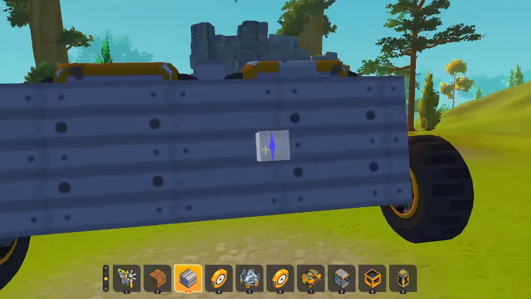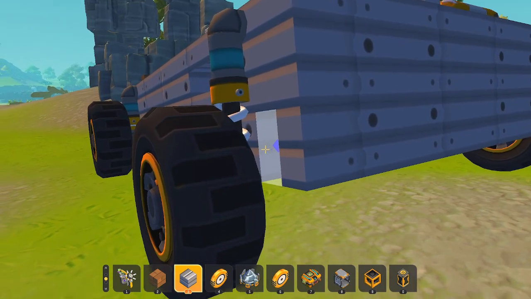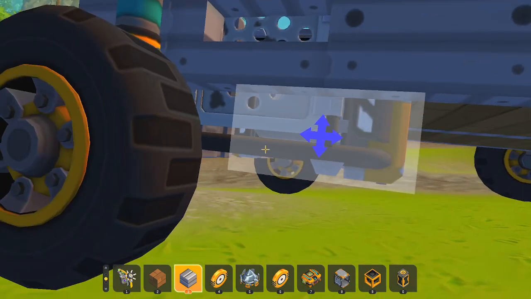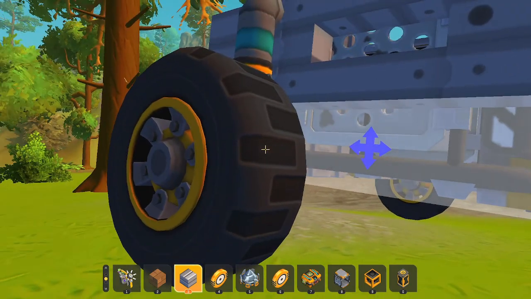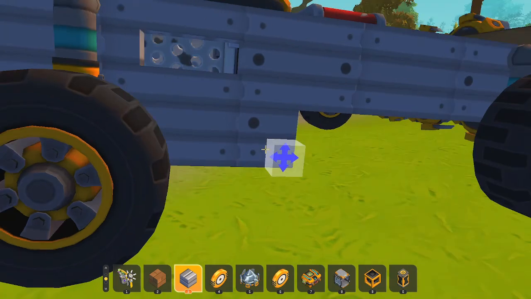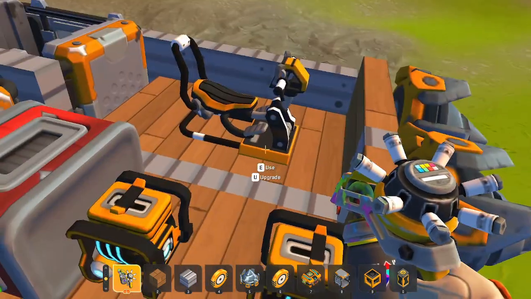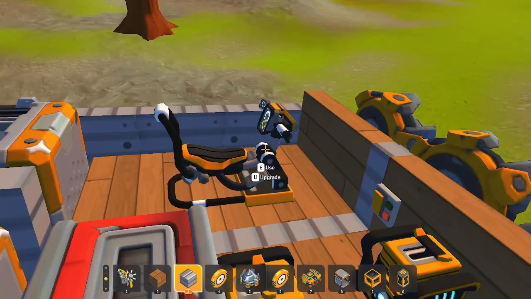So I like enclosing them. I don't have to worry about if the bot spends half an hour beating on my vehicle, then it's going to be a problem, but usually you can get them off of there before then. Yeah, it's